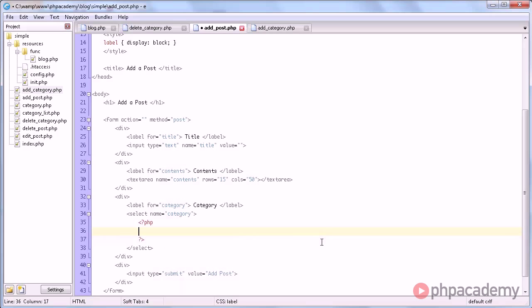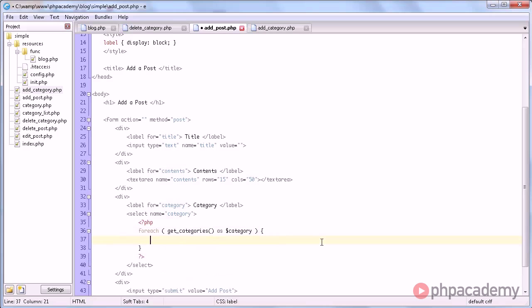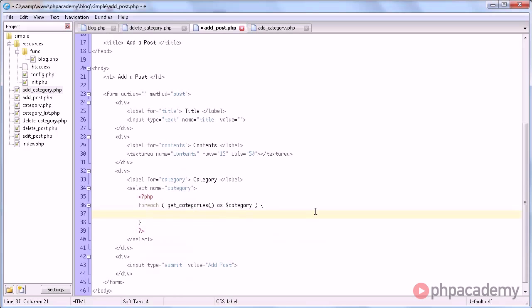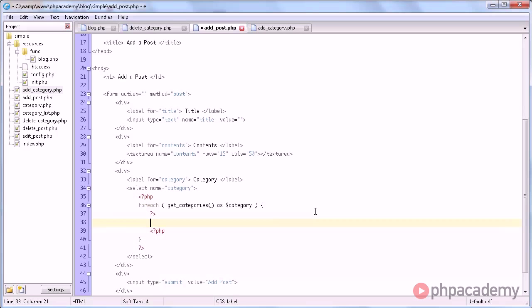So in here we are going to use the get categories function again in a for each loop as category, and we're going to do this. Get rid of that. Option value equals something, and close that.